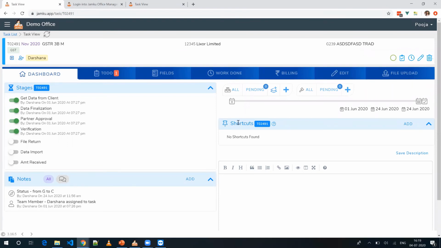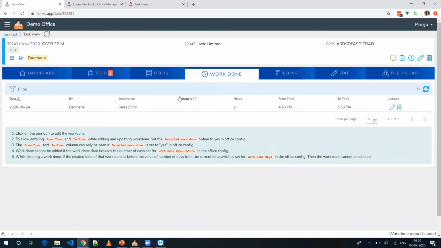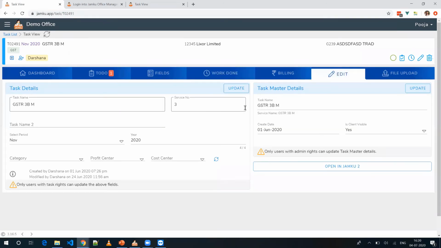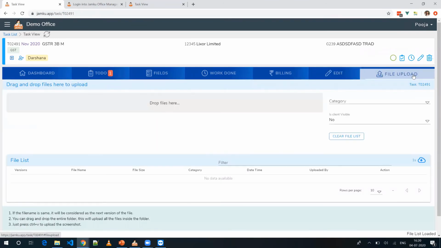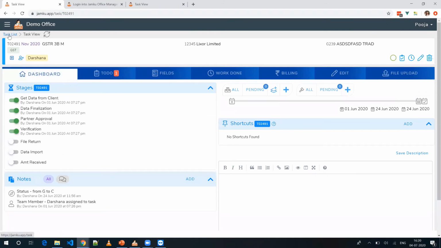Now, the next thing you see on this page is any documents if you have linked with that task. Then what is the due date, the target date, and all those things you see over here. Now, these to-do fields, we will cover in the next training session. Then coming to work done, whichever member has entered work input in this task will appear over here. Anything you wish to edit about this task, this edit option is there where you can edit it. If you wish to upload any documents into this task, you can use the file upload option. So this was about your task part.